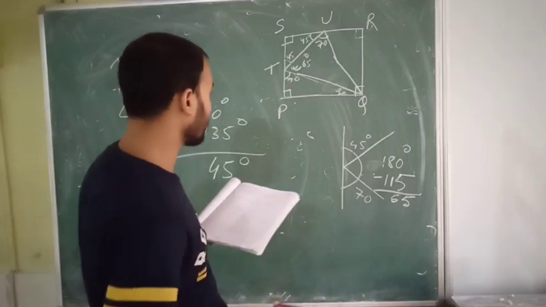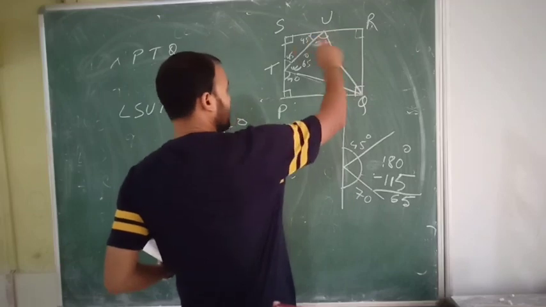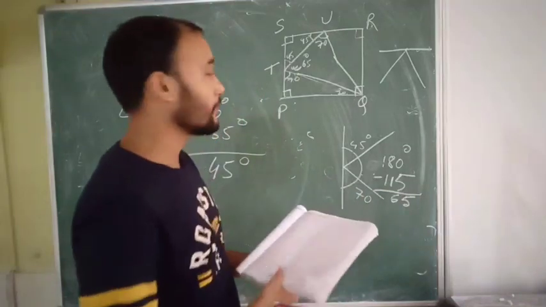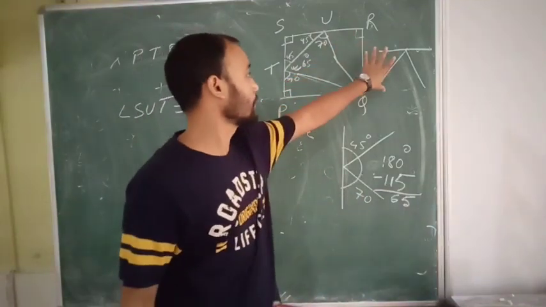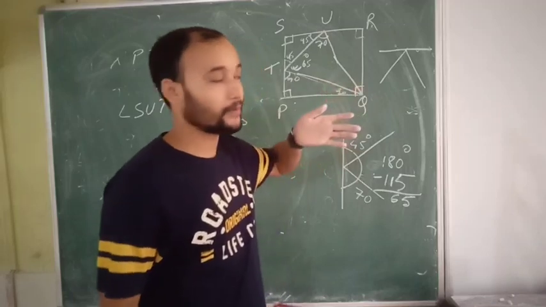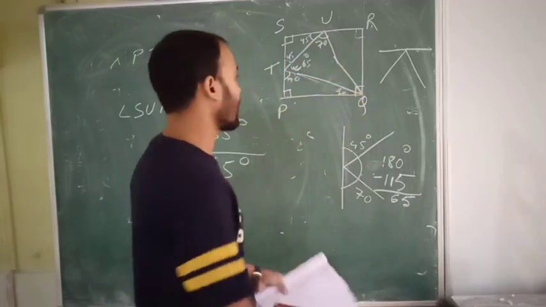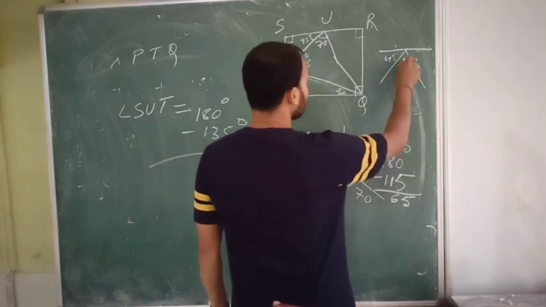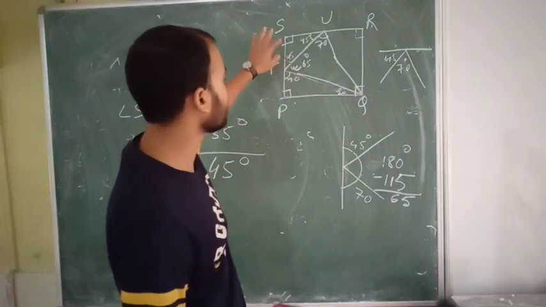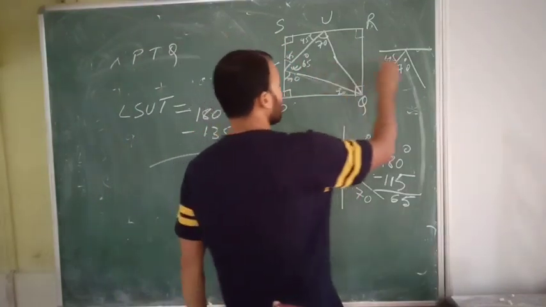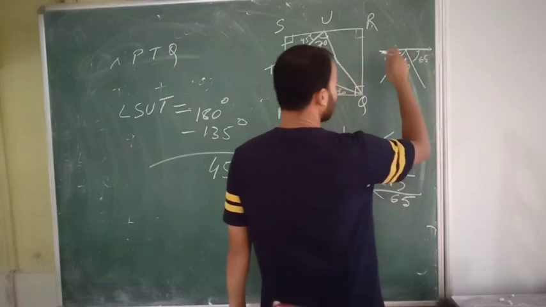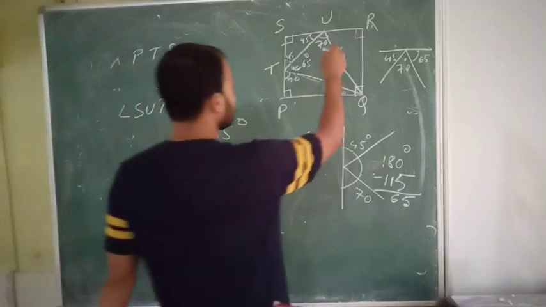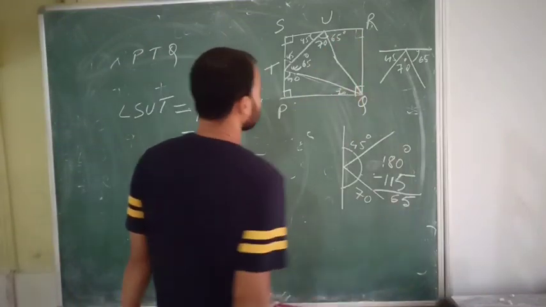RUQ. Same concept. 180 degrees. If you are not able to answer a particular question, you simply draw another diagram for yourself. Then you can easily understand this. Like I am doing this. This is 45. This is 70. Okay, same values we are getting. Obviously, this is 65. So this is also 65. And when we sum this up, we are getting 180. There is 65. So this angle is 65. Yes.